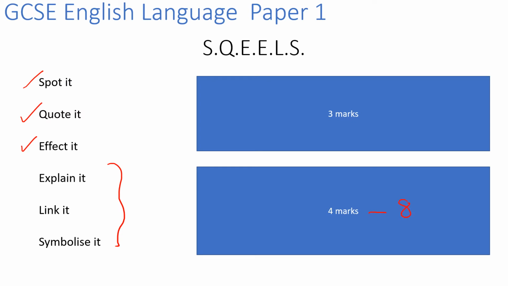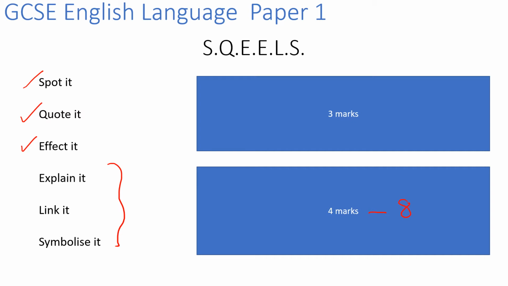And it's the quality of this explanation that gets you between 4 and 8 marks. So you can see that these are the basics. So if you can name a technique in there, you can quote it and say how you feel, then that